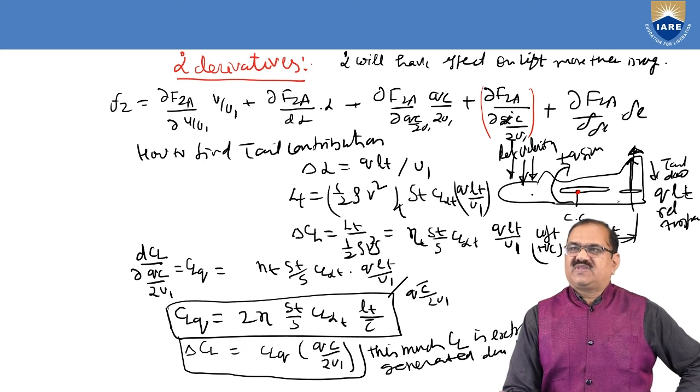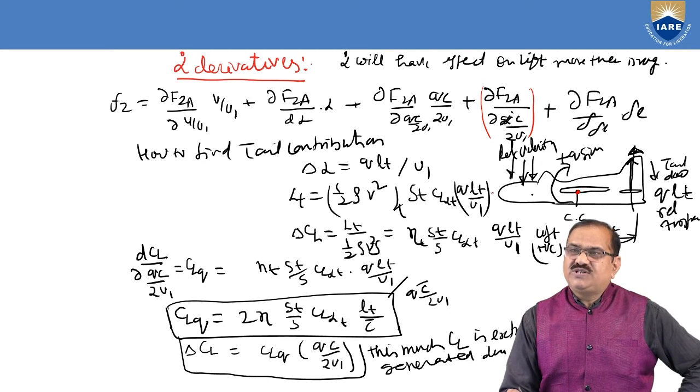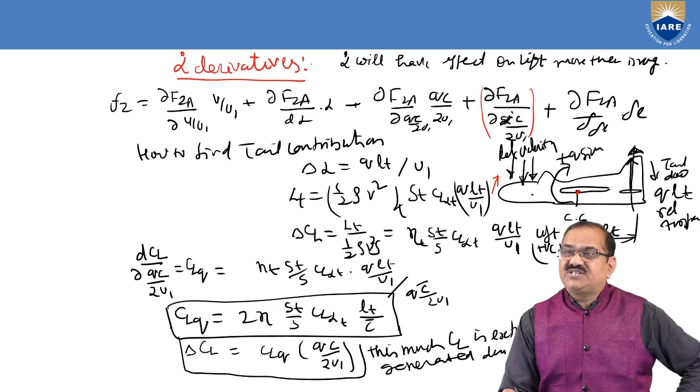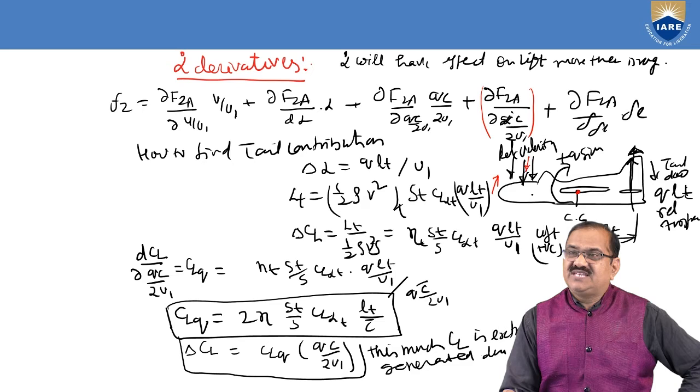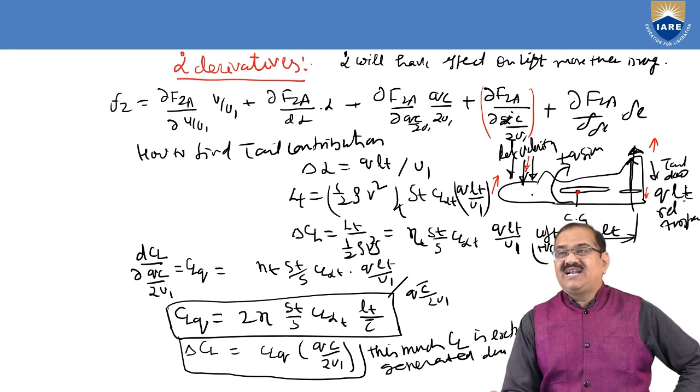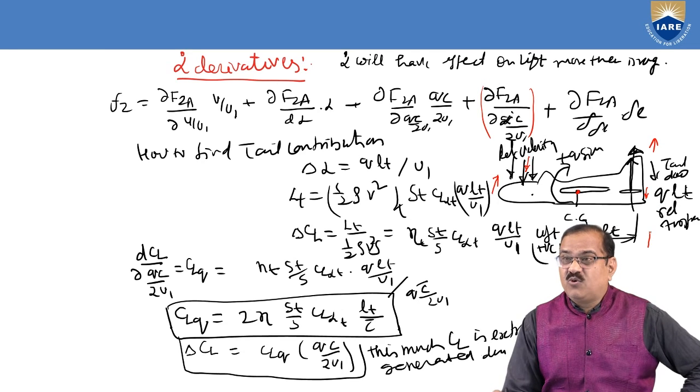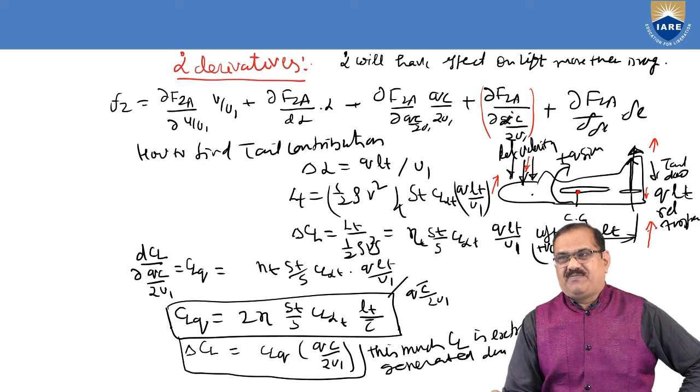If the nose is going upward, then what will happen? The relative velocity of the nose will be pushing in this way. However, your tail will go down and a lift force will act upward. Okay, so here QLT will be the relative velocity which is moving from bottom to up. The velocity of this thing is QLT,